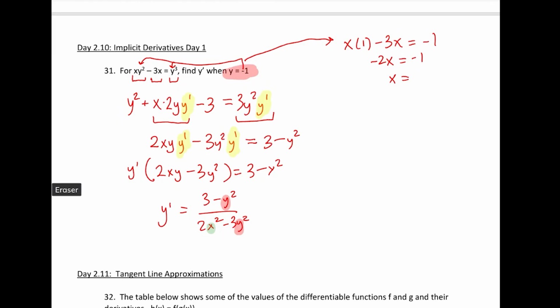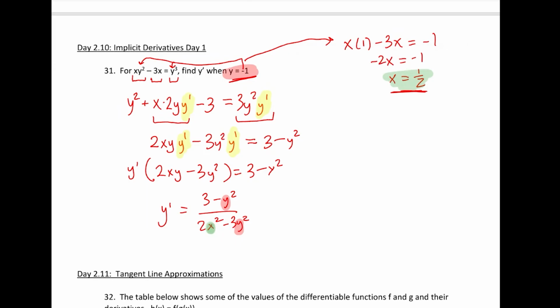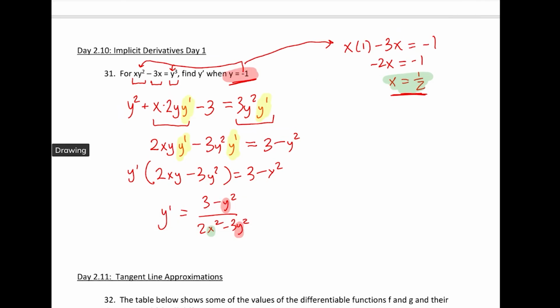No, x is not 2. X is 1/2. So now we've got the x, we've got the y. So now I can plug in the x as 1/2 right down here, and I've already got the y. So now I can answer my question, which is y prime at the point 1/2 comma negative 1 is equal to 3